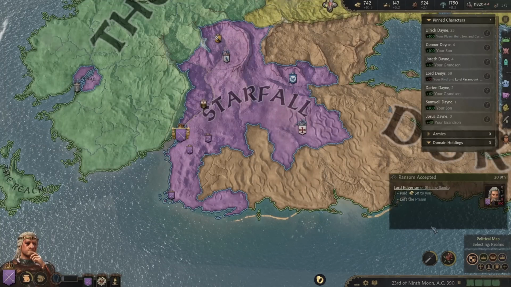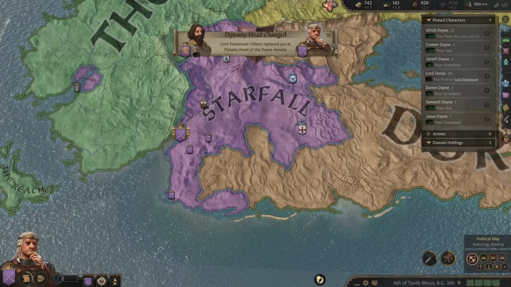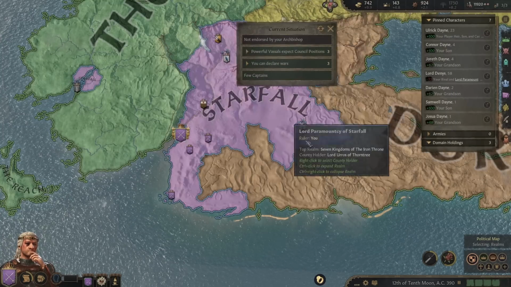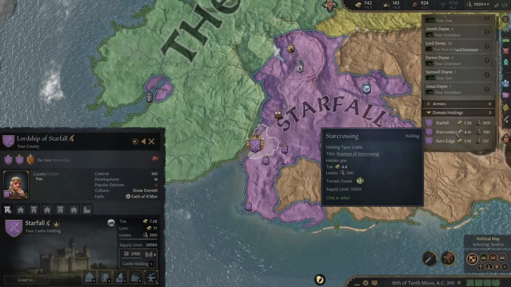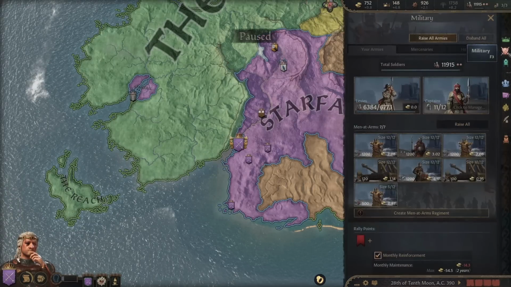Right, let's go to 4 times speed. I only just realized we're still playing on 1 time speed. What's up with that? And we're no longer the Dynasty head as well. Okay, that's fine. We could upgrade some buildings whilst we have the gold. Or what I'm thinking